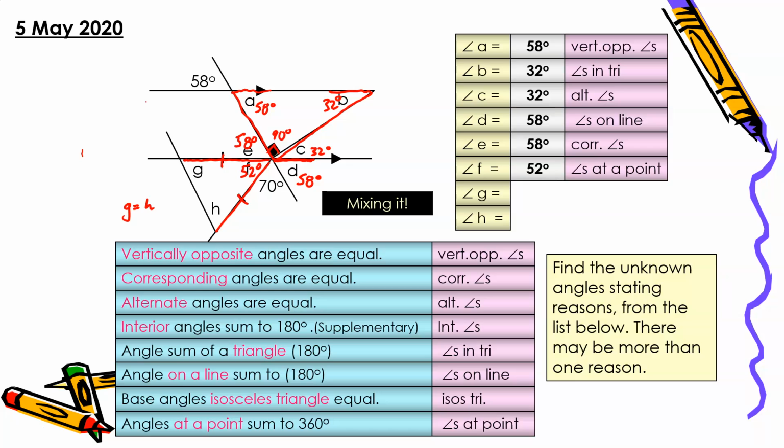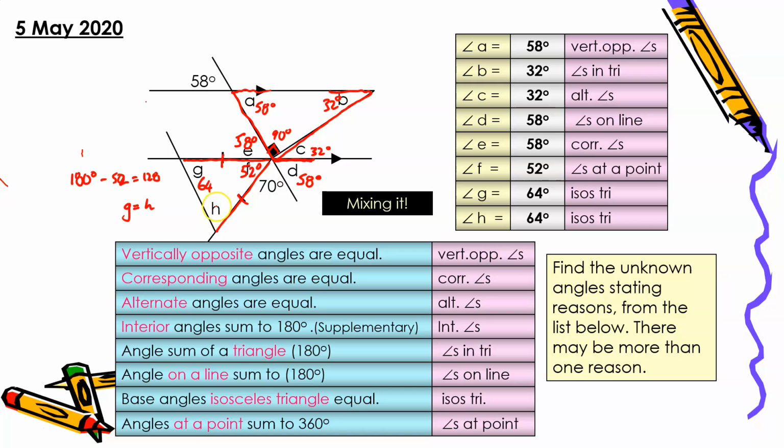So what we can do for that one is 180 take away 52, which is equal to 128. Half of 128 is 64